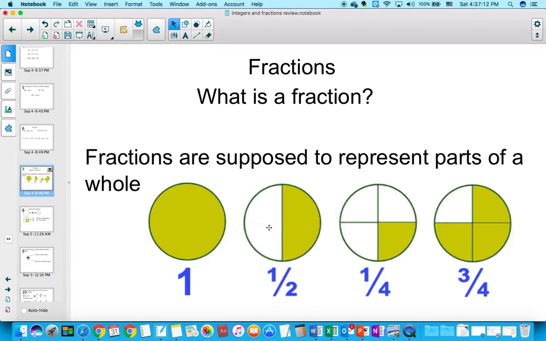So I have this circle. It's cut into 2, but only one of them is shaded. So there's a total of 2 parts here. We see that? Total of 2 parts, and 1 is shaded. We'll take the same circle, cut it into 4 pieces, and only shade in 1 part. Okay, well, 1 part is shaded out of a total of 4. And here we have 3 parts shaded out of a total of 4. So a fraction is telling me how much is shaded or collected or whatever out of the total number of